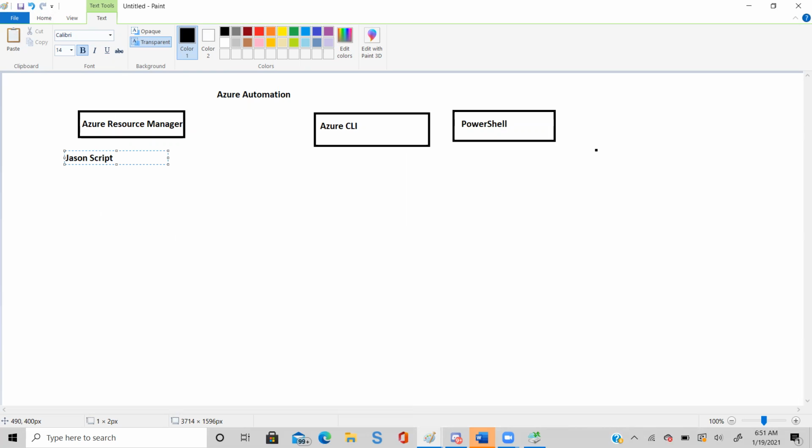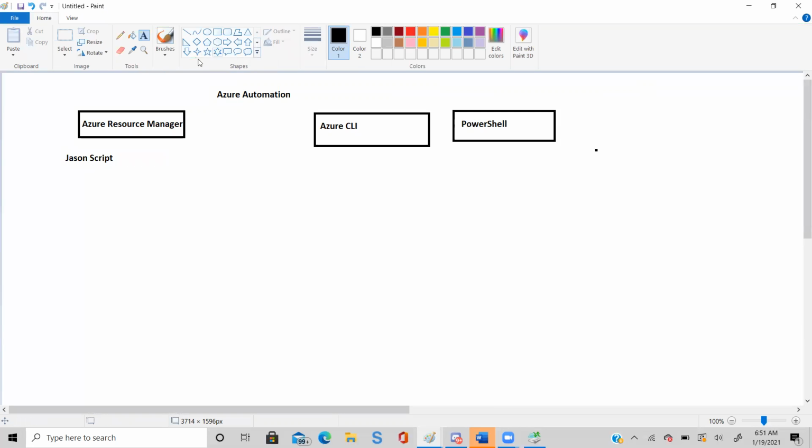JSON script is a very plain English language script, not like Java or something else. So here it will just say name equal to, IP equal to. This is the way it writes the script. And then you save this script as a template.